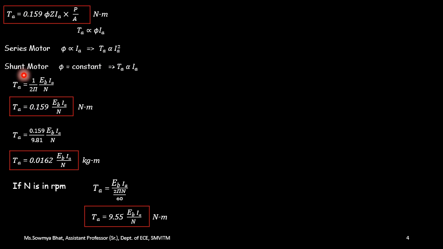If it is used for a shunt type of DC motor, in case of a shunt DC motor, the phi value is remaining almost constant. So if I substitute it once again in the main equation of armature torque, that is the proportionality equation, torque TA is directly proportional to Ia, because phi is almost a constant term, so I can write it as directly proportional to Ia.